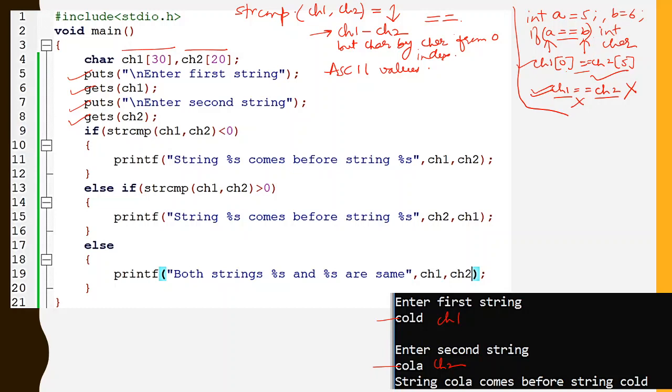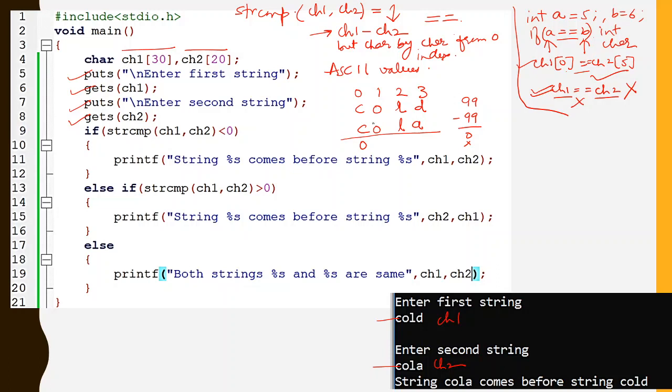Say the indexes are 0, 1, 2, 3, and the first string is COLD and the second one is COLA. Subtracting these will give you the answer; you have to start from here. C minus C is 0. Suppose the ASCII value of C is 99, so 99 minus 99 gives 0, so this is not our decision-making parameter.